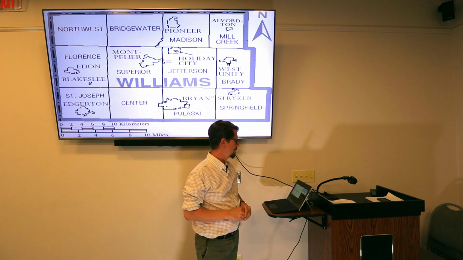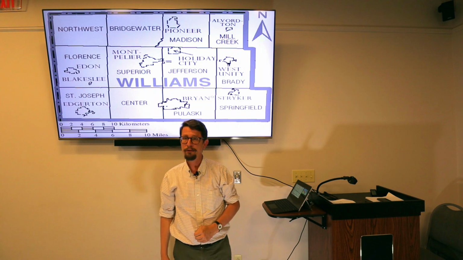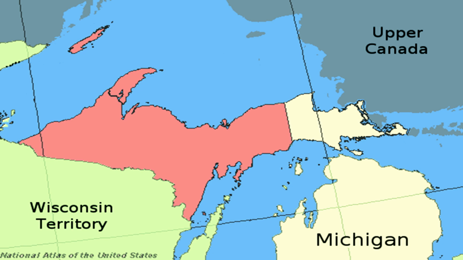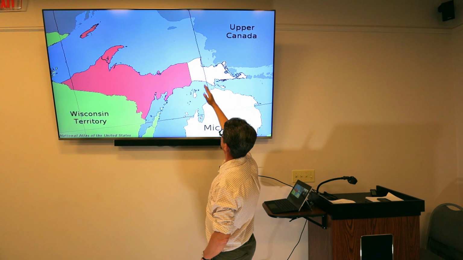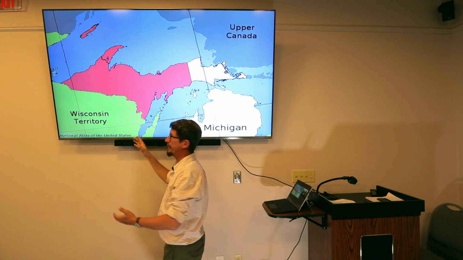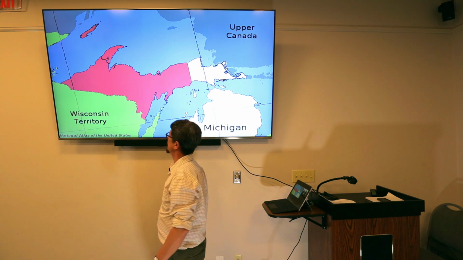And this is Williams County. As you can see, our northern tier of townships follows the old survey line. That's why they all slant. They follow the old survey line. That's what Michigan got. This is the old Northwest Territory line. So they already had this, and this is what was granted to them. And as I said, if you look at it, naturally, this should all be Wisconsin. But poor Wisconsin, it just got Green Bay.